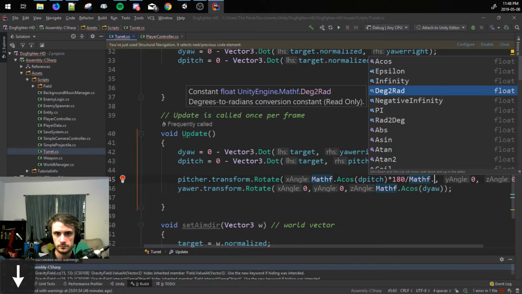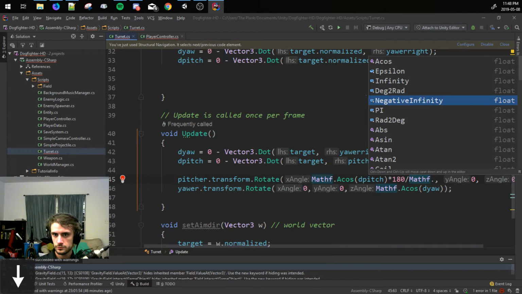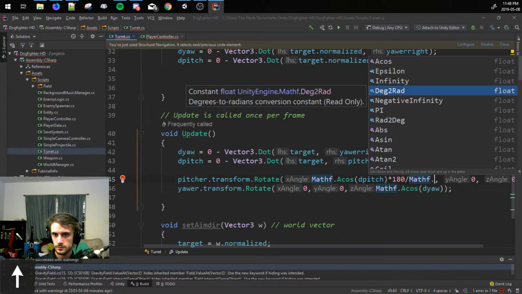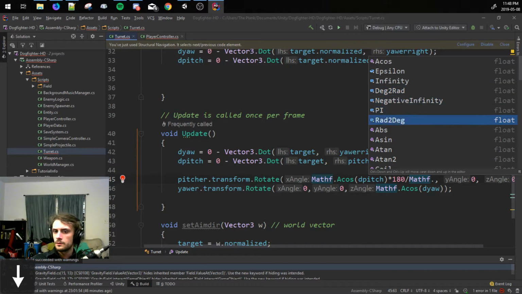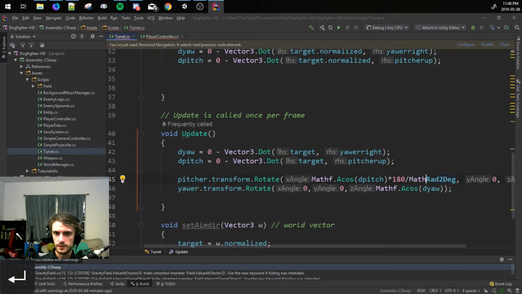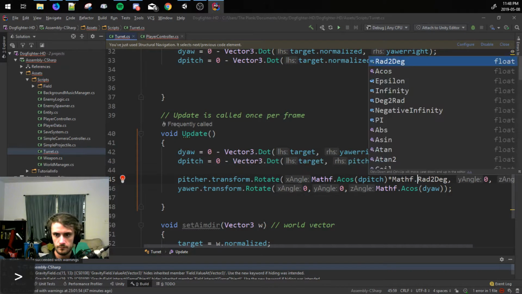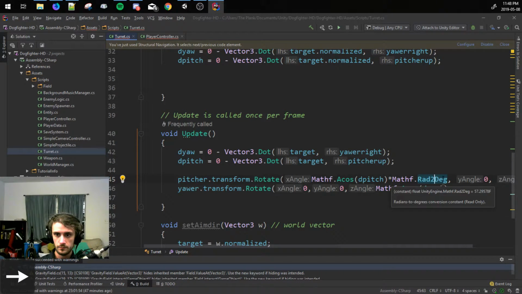Oh. I assume that that is 180. I assume that it's the same thing. That looks about right. Yeah. Okay. Awesome. Love it. All right. Picture, transform, rotate. And then